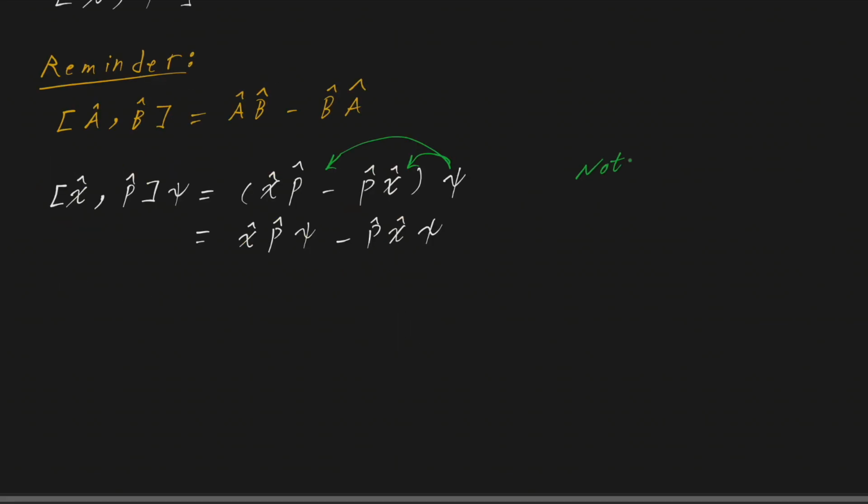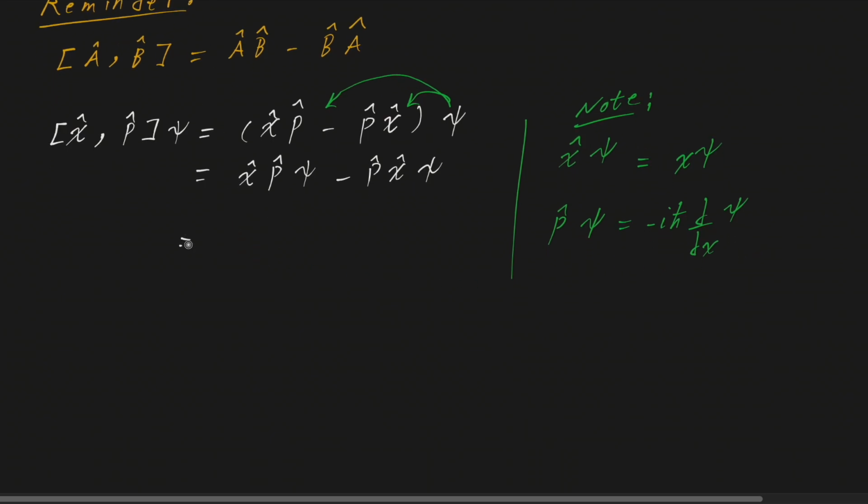I'd like to note on the side that these operators act in the following way. So x operated on any state psi will just give you the exact same state psi multiplied by x, while in this picture the momentum operator applied on psi is equivalent to taking the derivative of psi with respect to x, times minus i h bar. Obviously we're assuming a one-dimensional system, so we can take the exact derivative, not a partial derivative. And so, substituting that in, we get x times minus i h bar, the derivative of psi with respect to x,